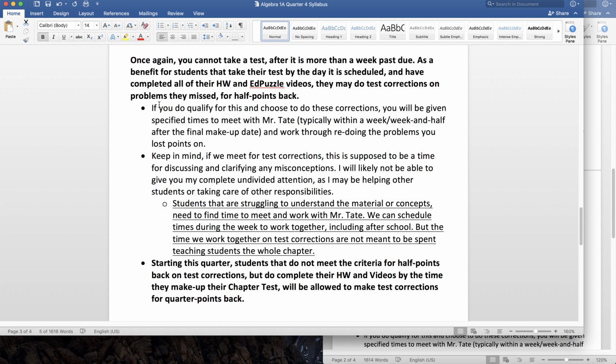If you do qualify and we do these test corrections, then I will be giving out specified times to meet with me. Usually it's within a week and a half after, to make up those corrections. And how it works is, you come in and we work together redoing the problems that you lost points on, going over what we were confused on and maybe re-clarifying anything. I do want to